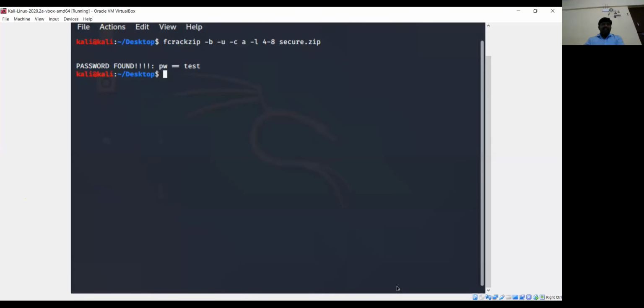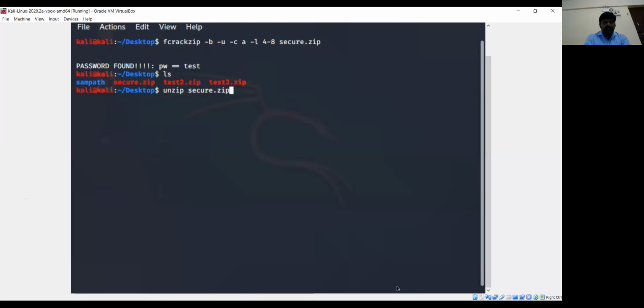With the help of this command, can you remember that this was the test password which I used to create the zip file earlier using the command, right? Now let me check it. ls. The file is secure.zip, right? Now I'll try to unzip it, secure.zip.